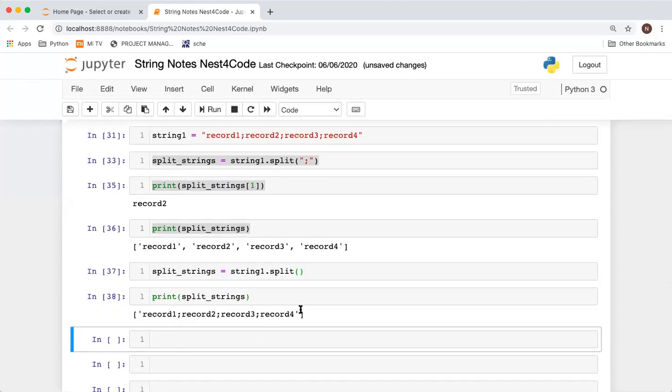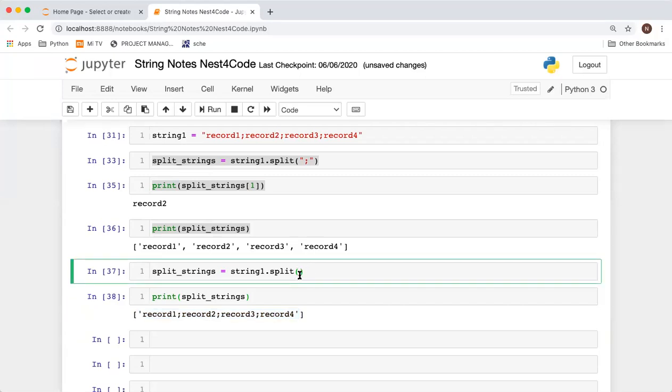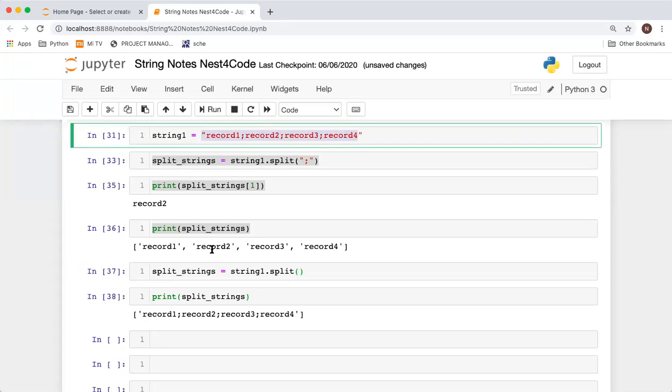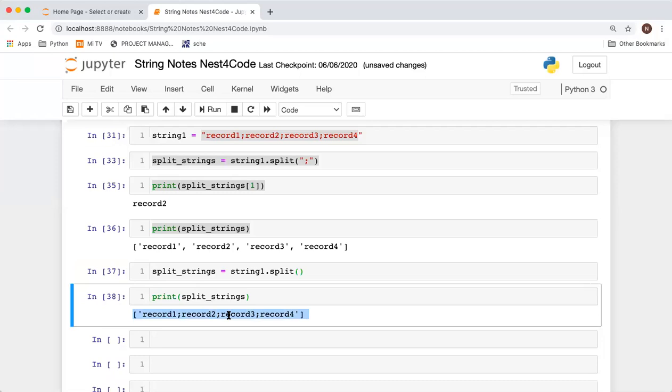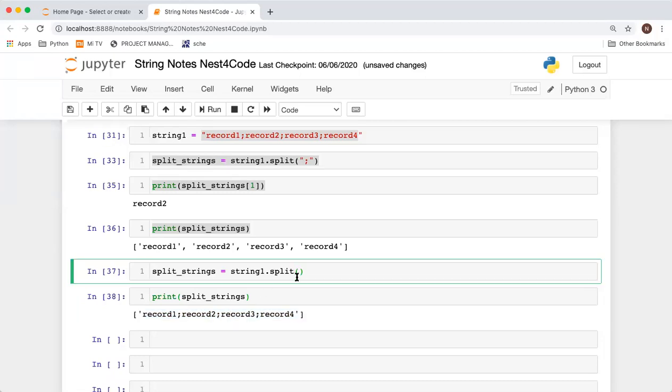It's coming as only one string and it's not split, because by default it splits on space. We have not provided any delimiter and these are not separated by space, so that's why it's coming as a single string. It's always better to provide a delimiter even if it's a space, so you are aware of which delimiter you are splitting your string on.